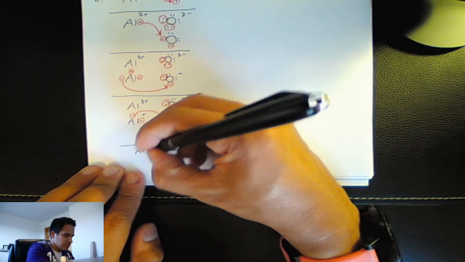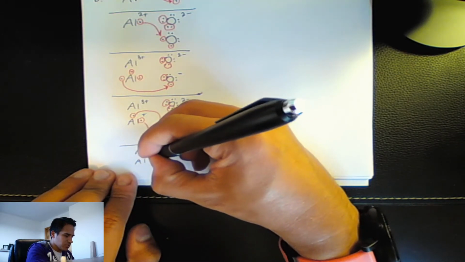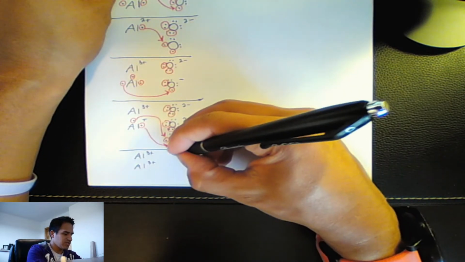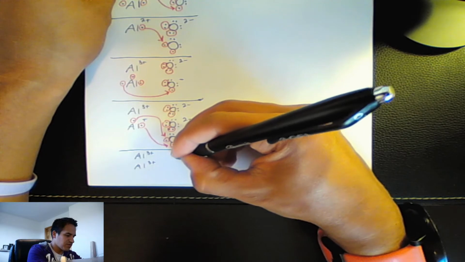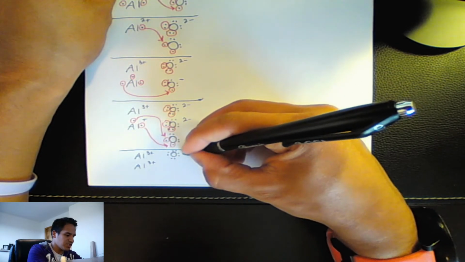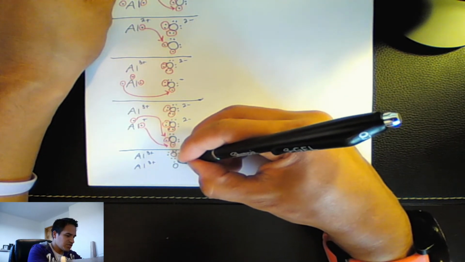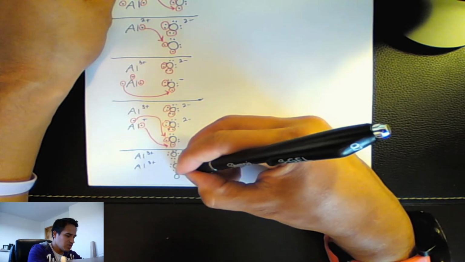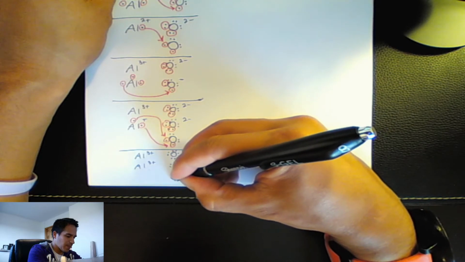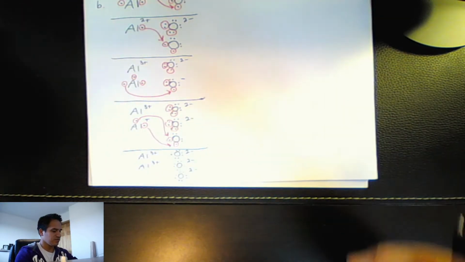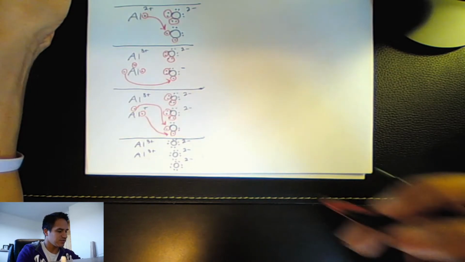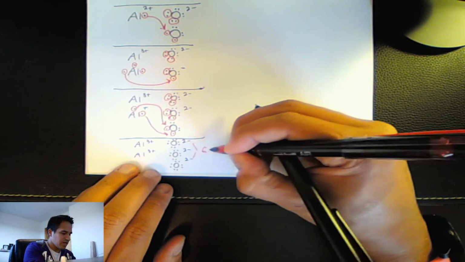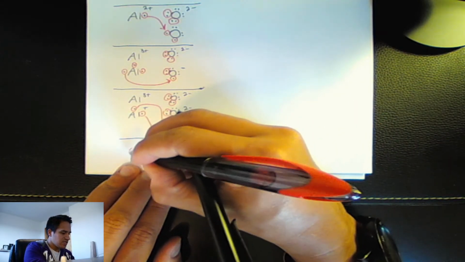2 aluminums. Each one will be Al3+, because they've each lost 3 electrons. And we will have a total of 3 oxygen atoms, or oxygen ions, each with a charge of -2, because each one has gained 2 electrons. Okay, like this. And total, we'll notice that these together are a total of 6-, and these together are a